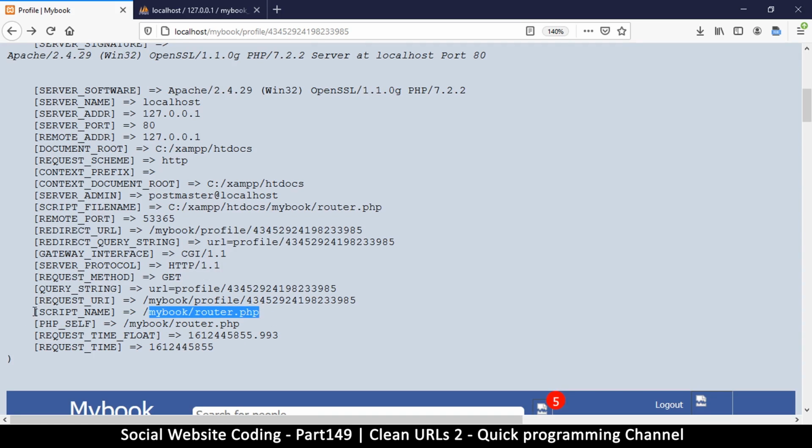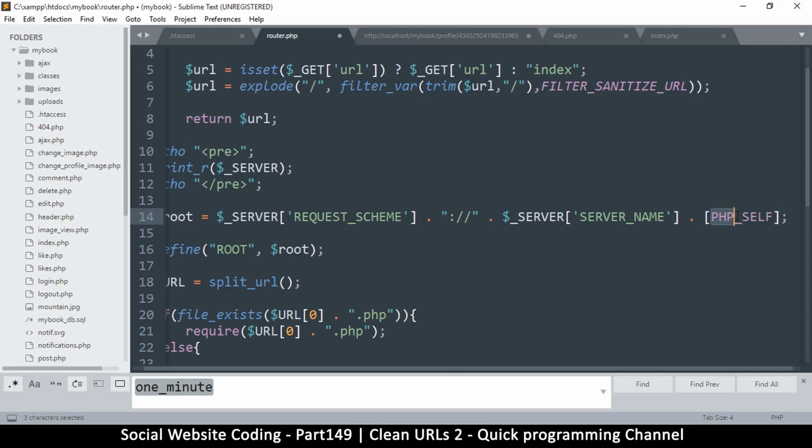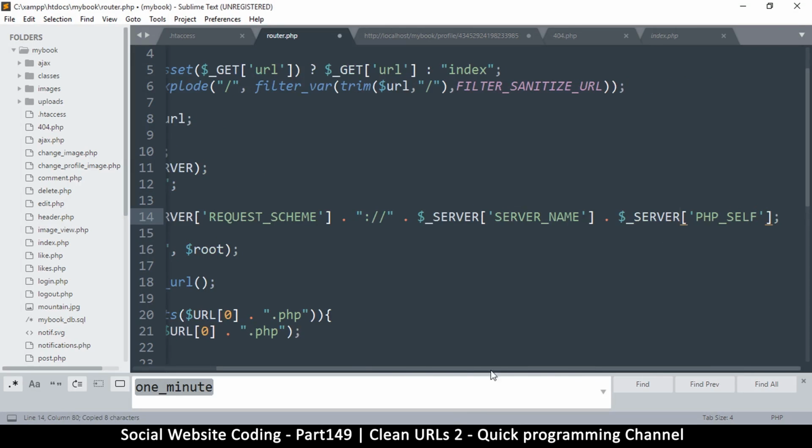So let's grab the script name, or we could use PHP self, either way, but I think maybe let's use PHP self. Then all we need to do is remove router.php, and then we have that at our disposal. So let me just add that to the situation here, and not forgetting server right there. Okay, so PHP self,